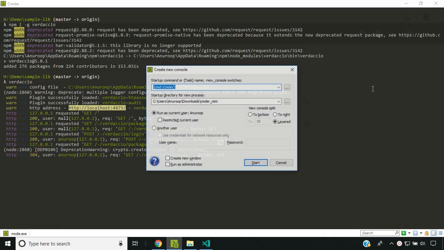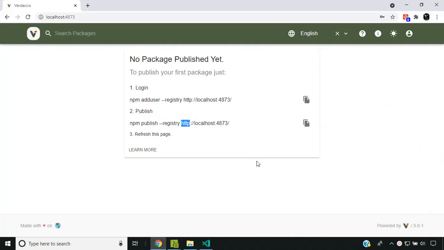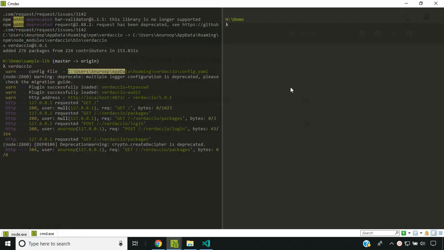Now let's start a new window and let's execute the first command. It will ask for a username and password.